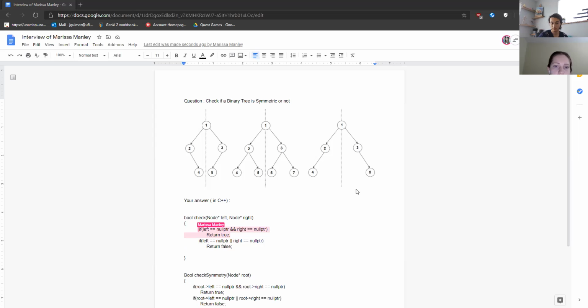If this has not returned true, it means at least one of them is not a null pointer. So let's just say if the left one did exist, but the right one didn't, it wouldn't return true. It would see left equals null pointer, that's false, or right is null pointer. But the problem is if I end up using this method recursively later on, this is already establishing the left and the right. So the only reason this was called was because